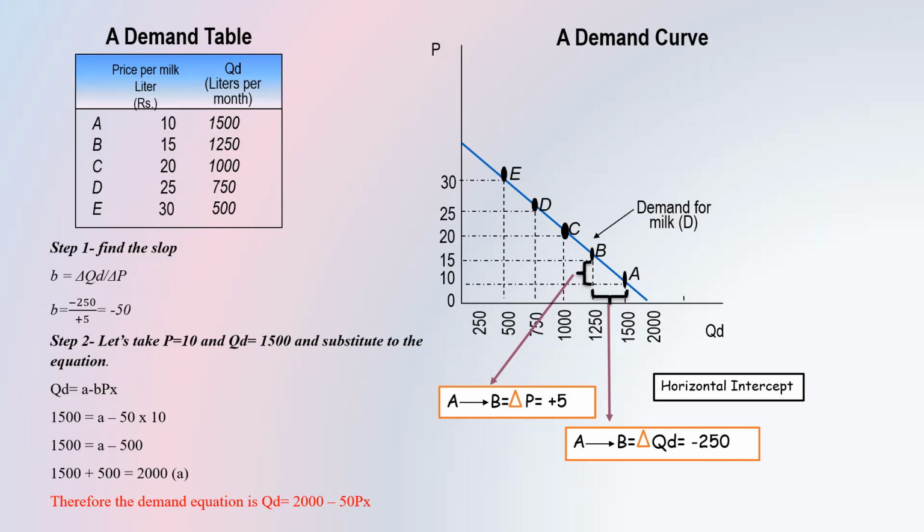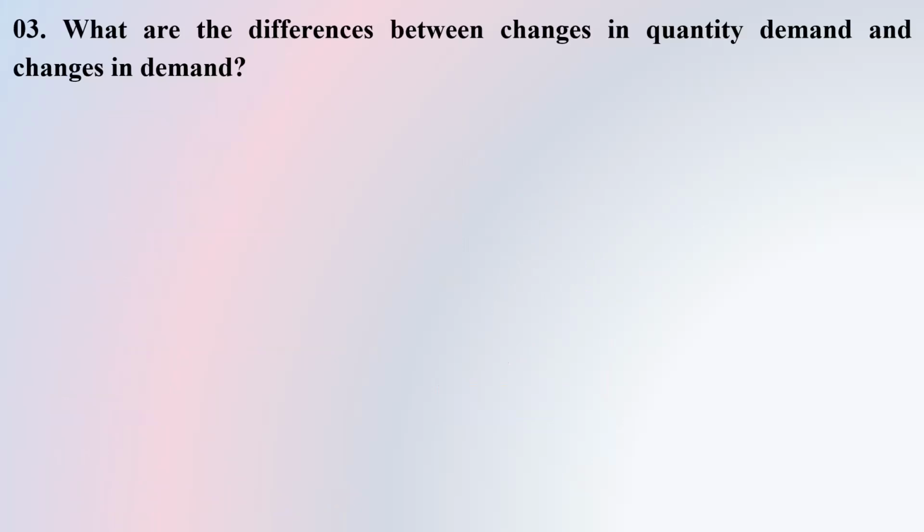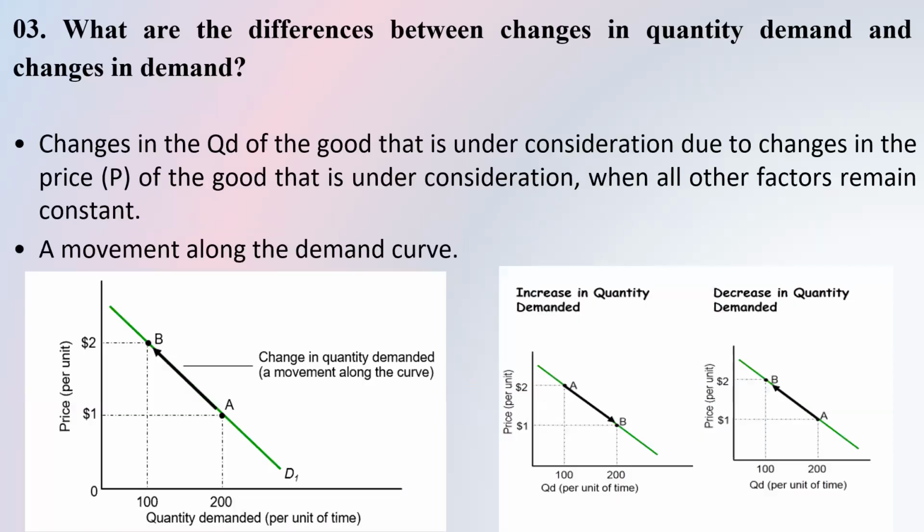250 divided by 5, so that you can have the value for A and B, then you can draw, right? You can derive the demand equation. So then when we consider what the difference is between changes in quantity demanded and changes in demand,